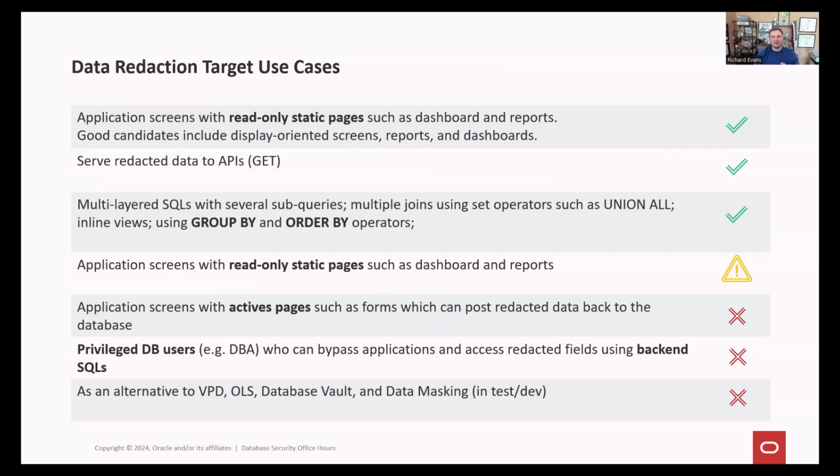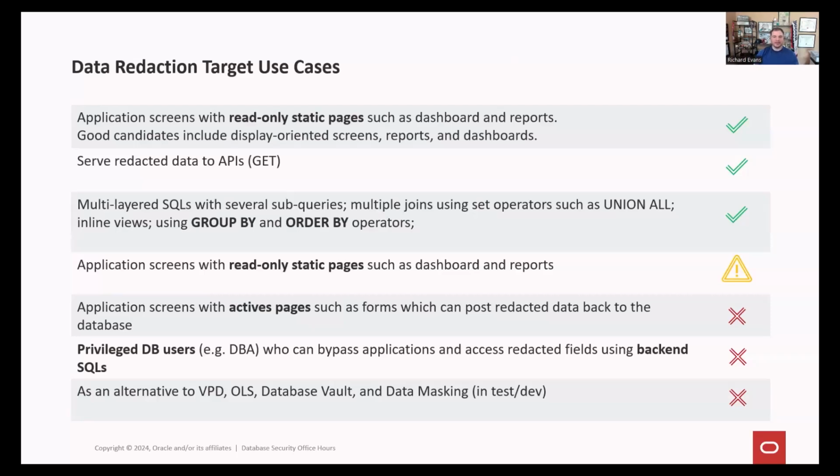When we get into applications, a little bit of caution for dashboards, reports, or anything that might write data back. Anything with active data pages where it would write that data back, we don't want to use data redaction in those circumstances. We want to exempt those users from that redaction and let the application control it.